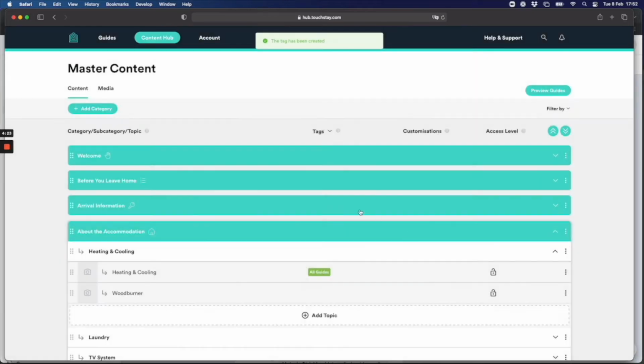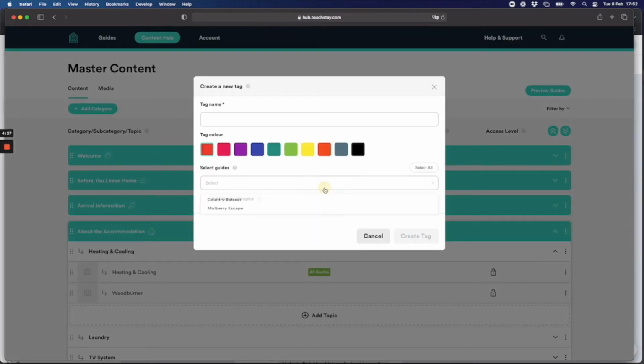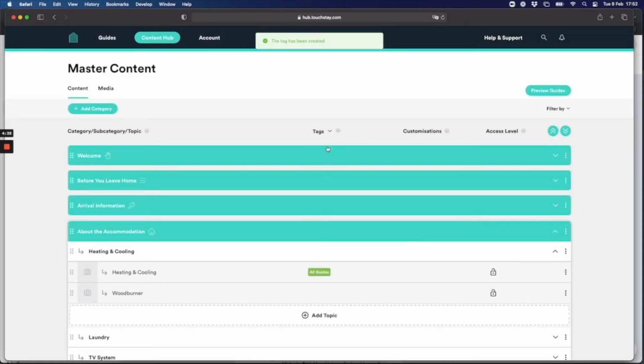That's why I called it Mulberry, no surprise. And I'm going to create another tag, and this one I'm going to attach to my Country Retreat. So I'm going to call it Country. And this one will be an orange tag. And hit create. Now what I've done there is I've enabled myself, anytime I add a new topic to TouchStay,